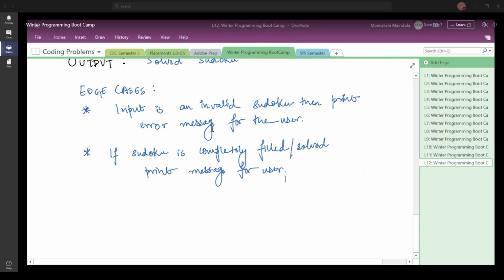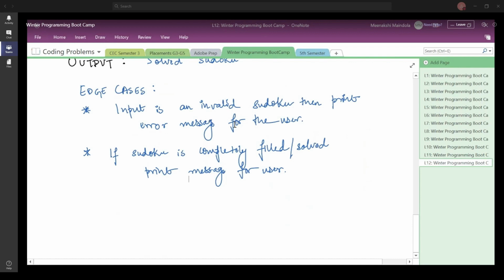Now, obviously, before beginning, every time you will have to check with these edge cases, right? If the Sudoku is completely solved, then you can simply say that it is solved or give out the same output as the input has been given to you. And if it is not valid, then simply print the message and move ahead.